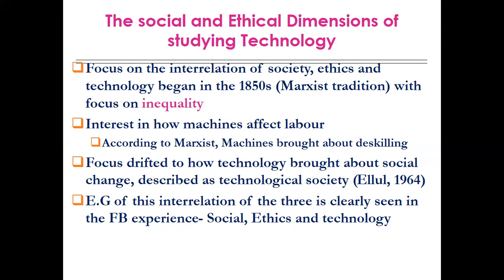This is when someone began to pay attention to the interrelation of society, ethics, and technology. Someone began to see that there was some element of these going on. And that was because